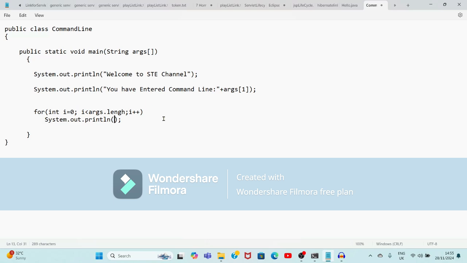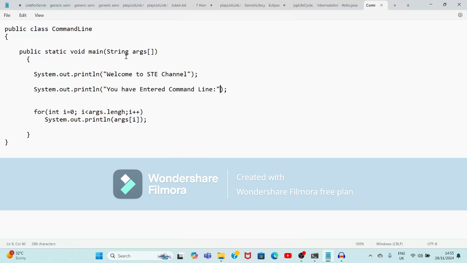We want to print the command line arguments, so we took System.out.println, and here I will pass the value of the array, that is args of i. As this for loop gets executed, it will take the command line arguments and print all the arguments.